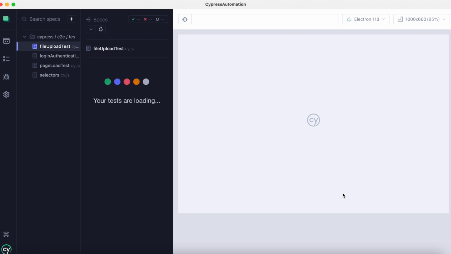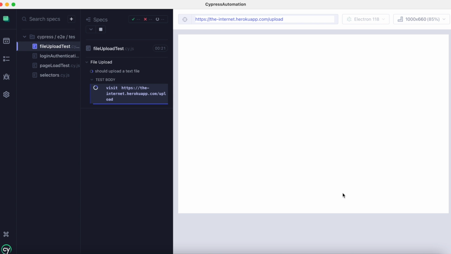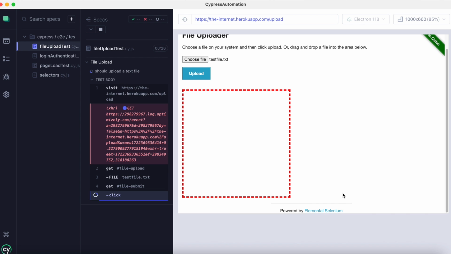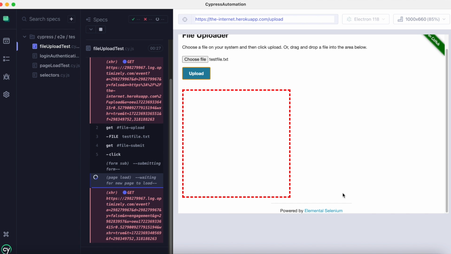It's getting refreshed since it's newly added. Yeah, so it started executing. It attached the text file and it